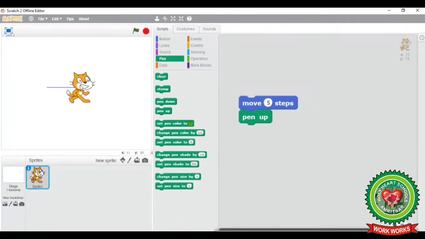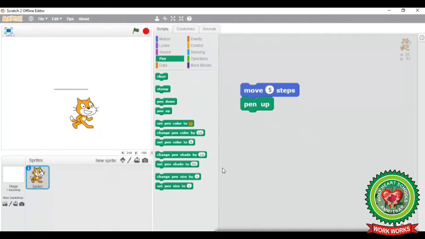Now keep your sprite in a new place. Now here you can see by double clicking on these blocks, the sprite is moving on the stage, but it will not draw any line. This is the working of pen up. It will move on the stage but will not draw anything.